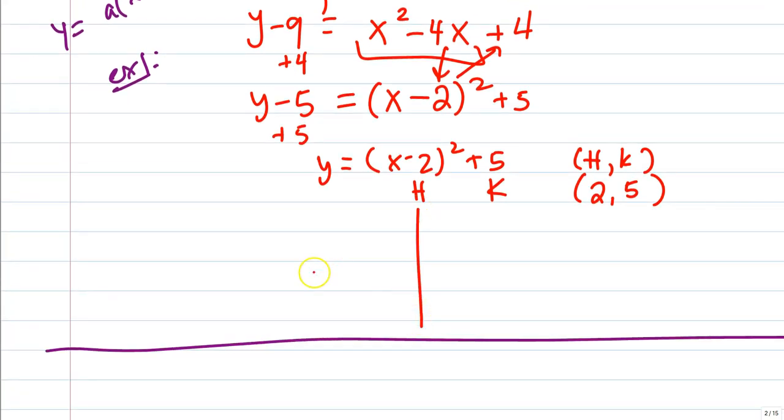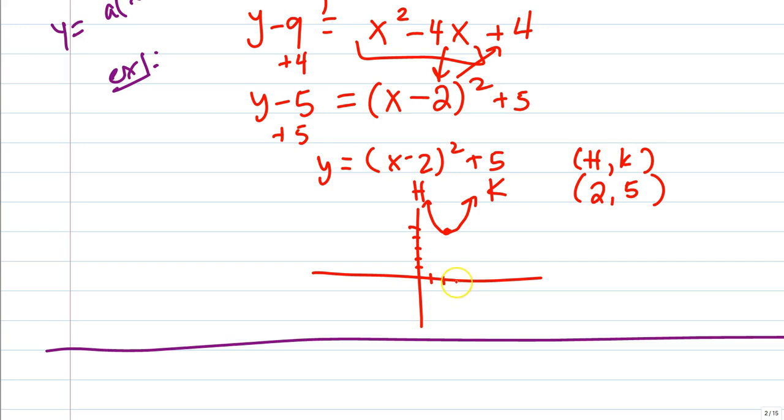How do you graph it from there? Well, we go to 2, and up 1, 2, 3, 4, 5. And really, all I need you to know past this, once you have that vertex, is that we have a parabola opening upward. And we said before, if we want more exact points, that we could plot a point around